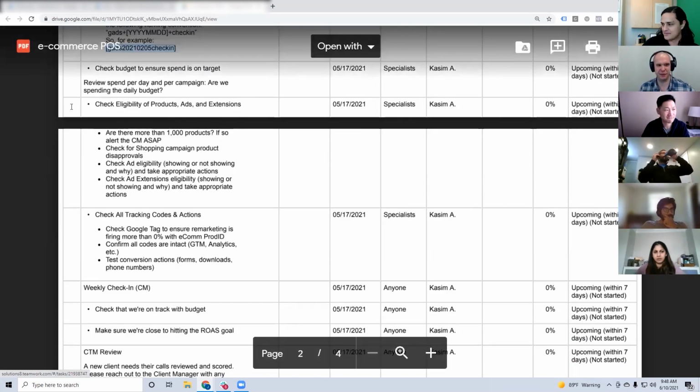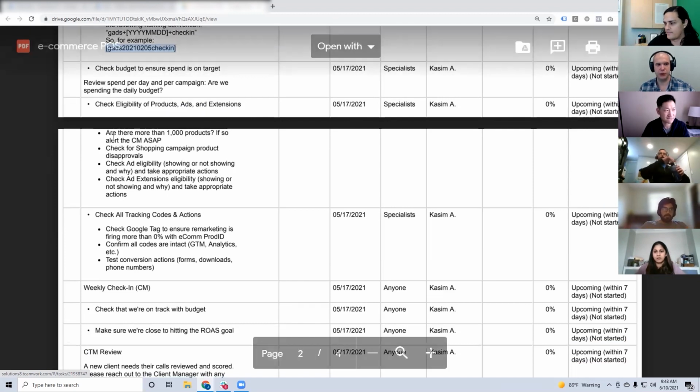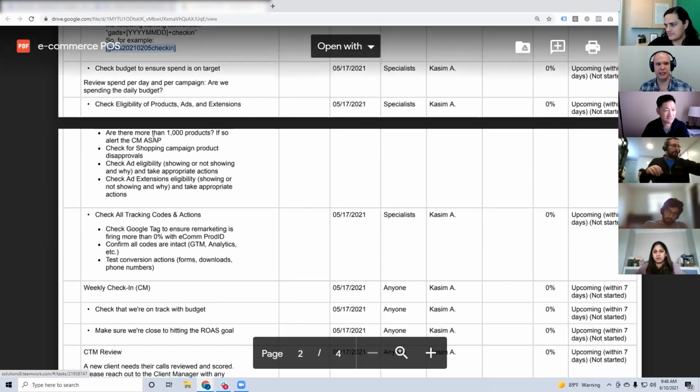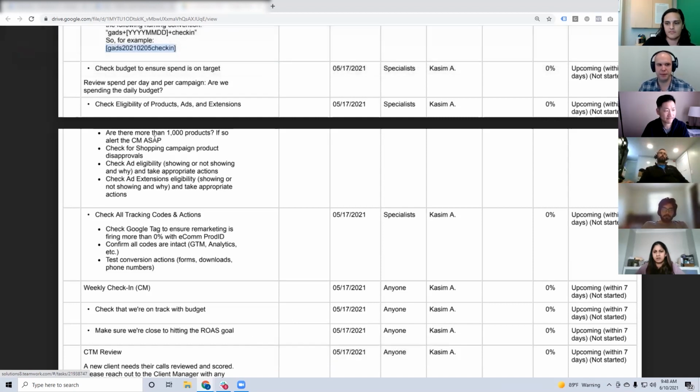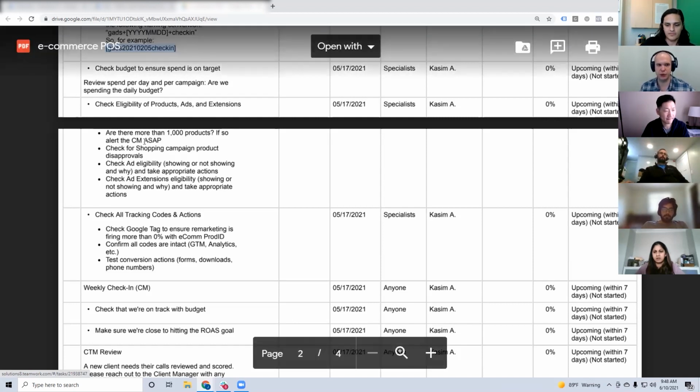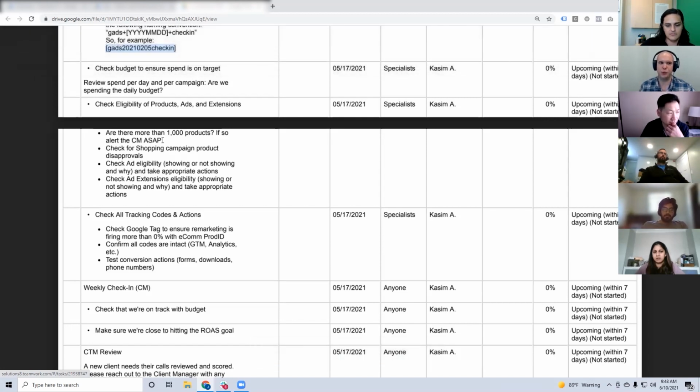Here's a big thing. Check eligibility of product ads and extensions. There's a few things that we have internally here that may not apply. Are there more than 1,000 products? If so, alert the client manager as soon as possible. So essentially, there's a few things here that we have internally. If you have 1,000 products, a lot of times that's